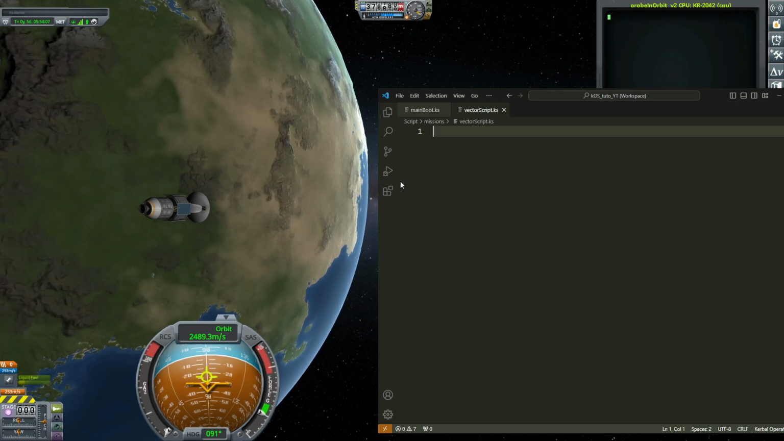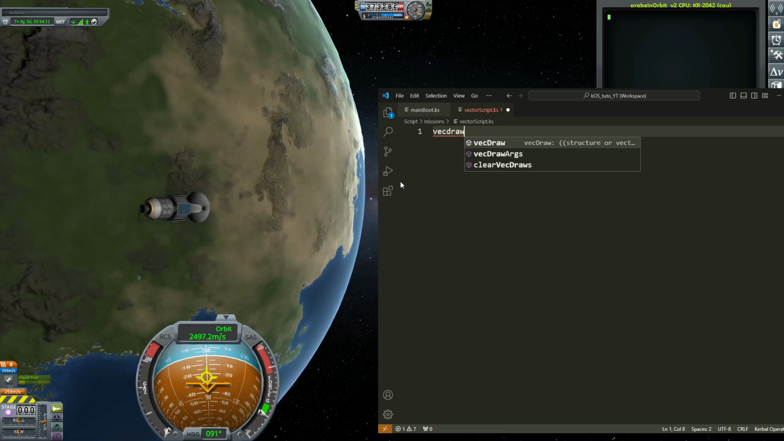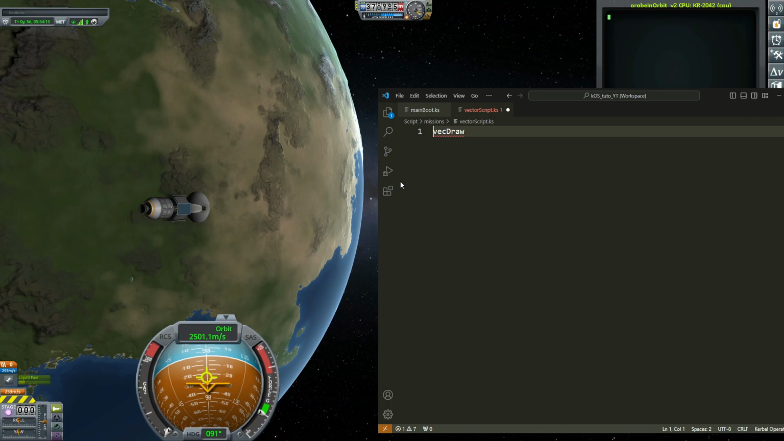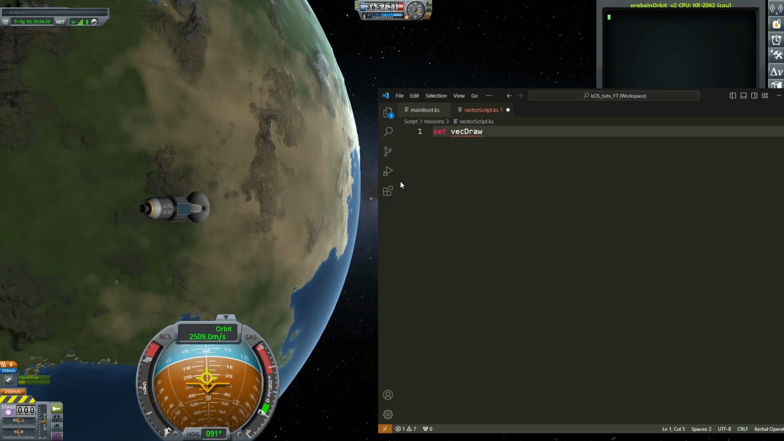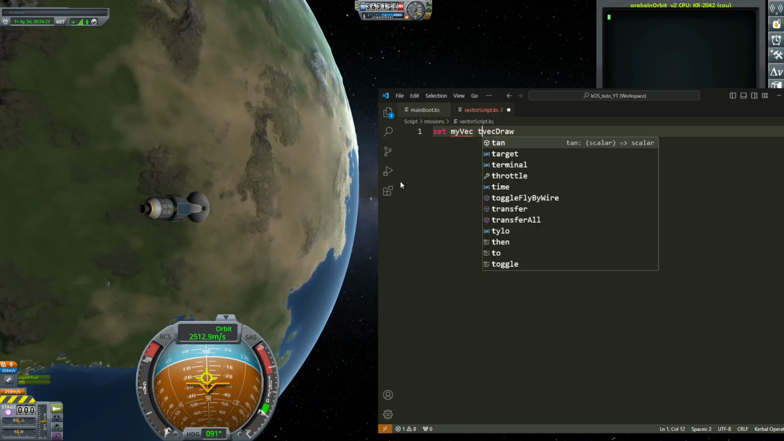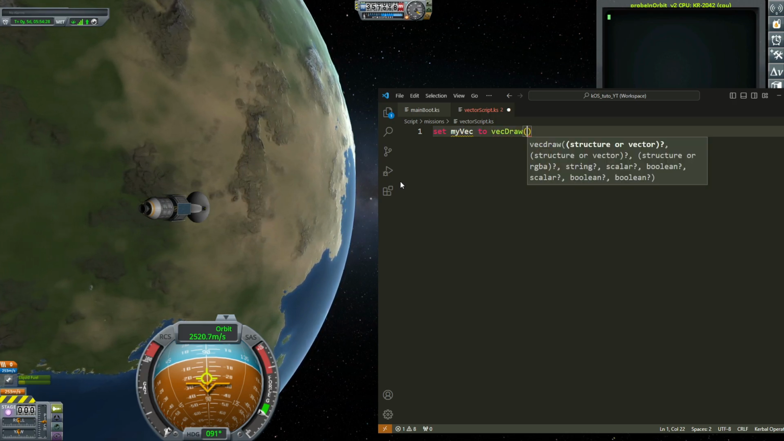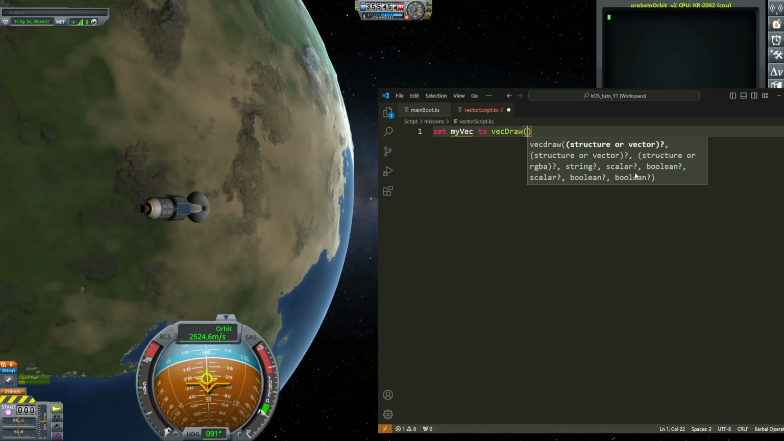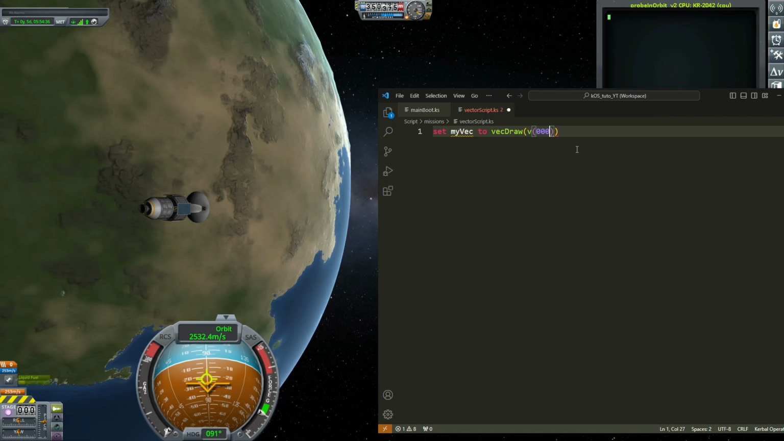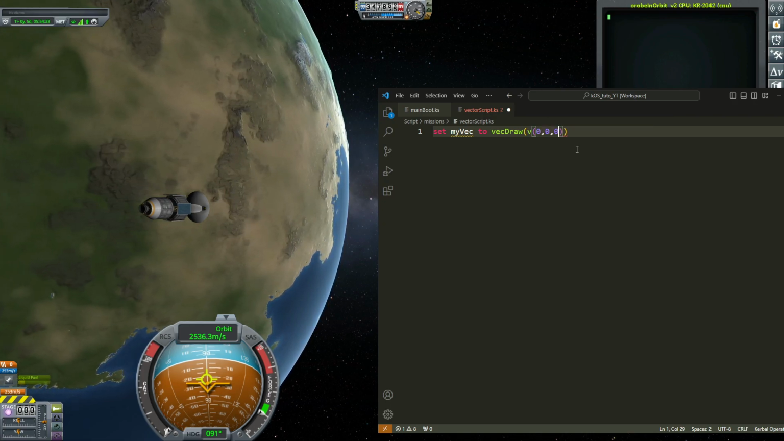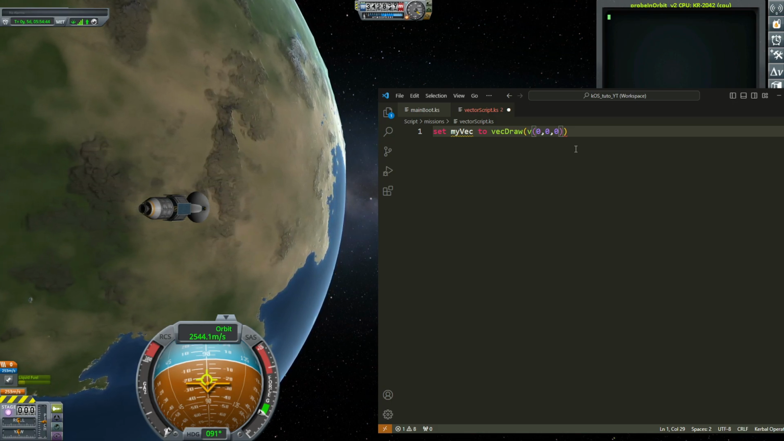So to draw a vector, there is a function for that, it is vecDraw. Okay, and I have to create a variable, so maybe set my vec to vecDraw. Okay, and you see I need several things here. The first, I need the origin point 0, 0, 0. Why do I choose 0, 0, 0? Because this is the origin